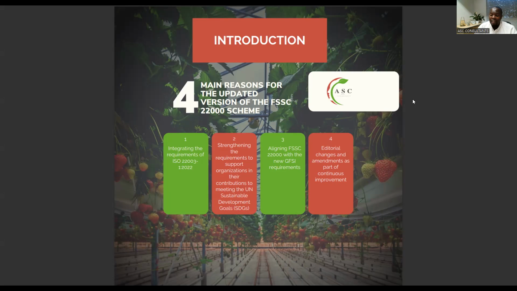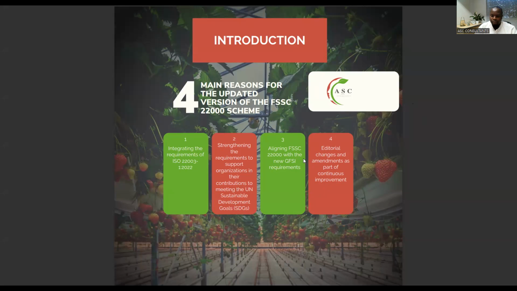One of the, not the sites specifically, the schemes. If you remember, IFS, which was previously GFSI, was suspended for some time until they had to update their requirements to align with the GFSI scheme requirements. And then thereafter, they were accepted back into the GFSI benchmarking scheme. So that was because they had not updated their requirements to align with the GFSI requirements. And FSSC saw that coming, and they decided that for them to remain GFSI recognized, they would need to update